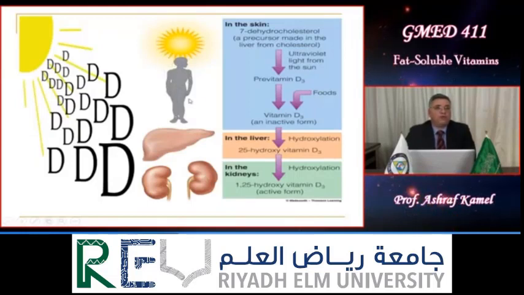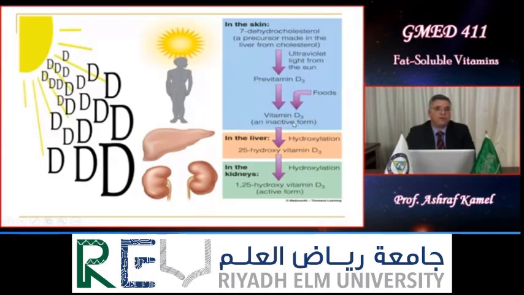For the body to form vitamin D, we need 3 steps. The first step is the skin. With the help of the ultraviolet light from the sun, it gives rise to vitamin D3. And from the foods, we need cholesterol in order to form the first step of vitamin D formation, which is